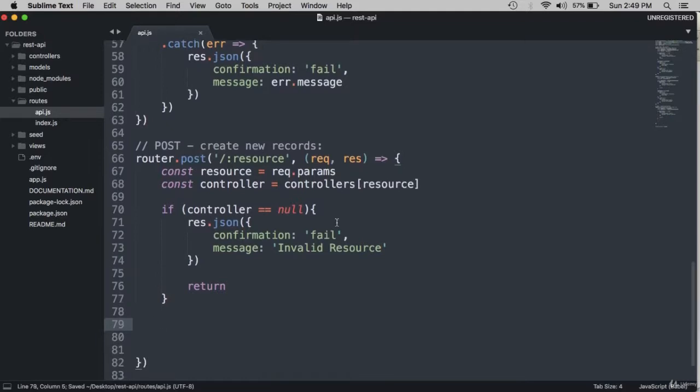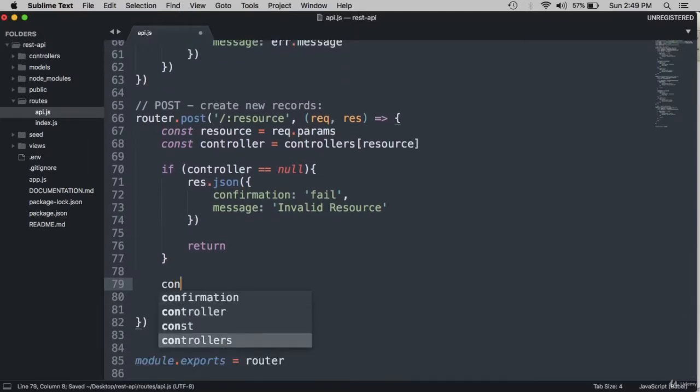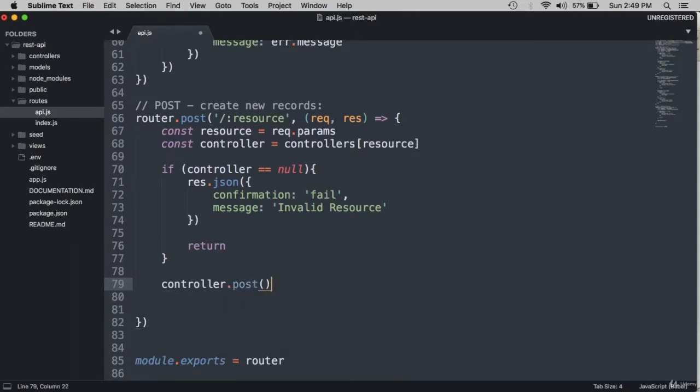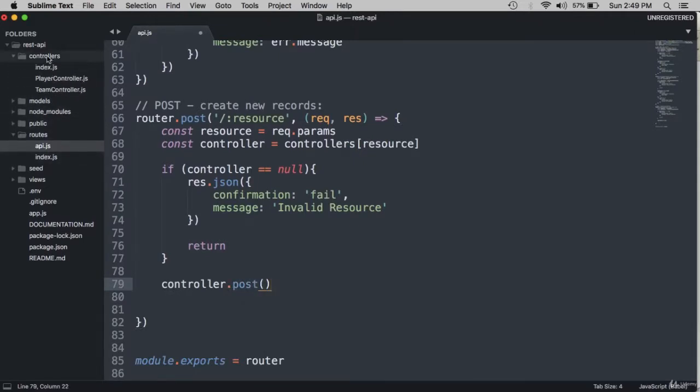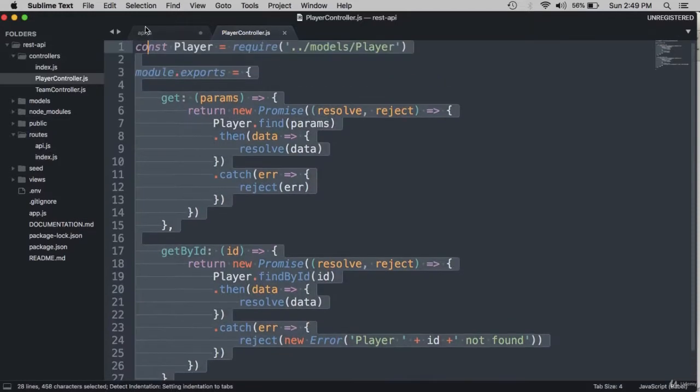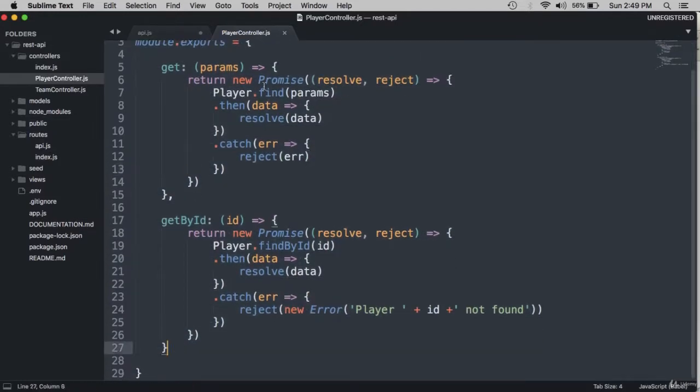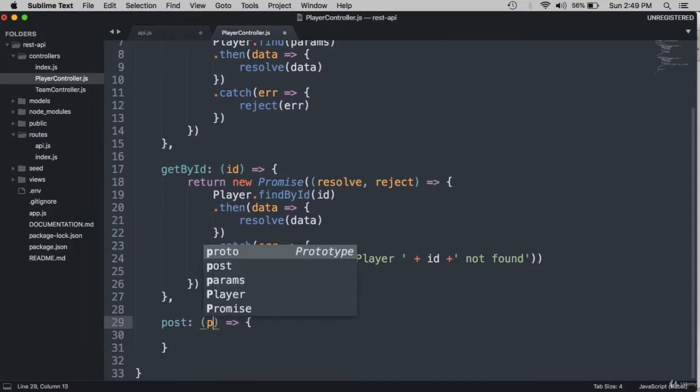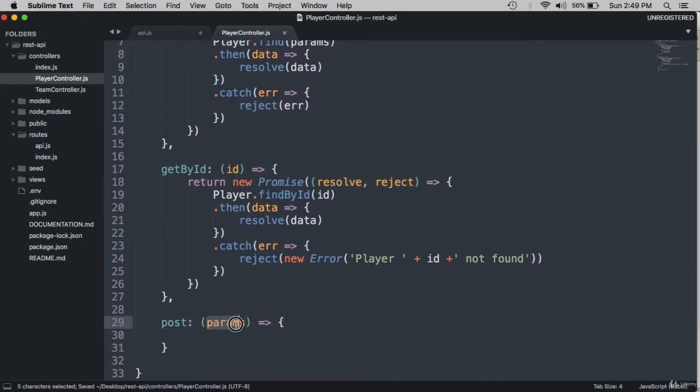So now we need to take the controller and call the post function, but inside the controllers right now, we don't have any post functions. So in the player controller, let's create a post function, which takes a params object, and this will be sent from the request, and it will consist of the attributes of the new record. So first, the email, the password, the name, things of that sort. And this will return a promise